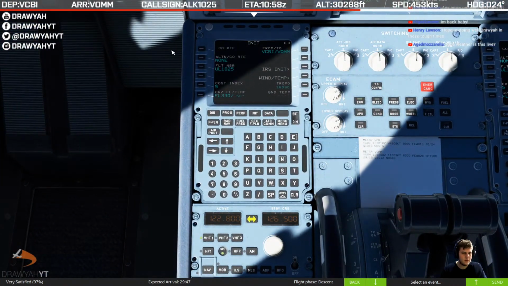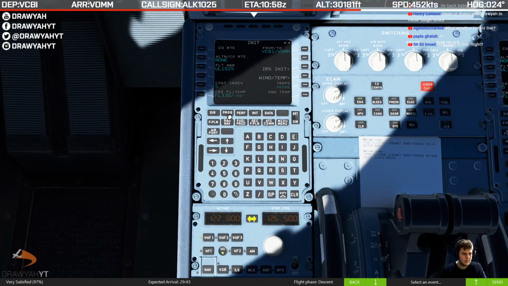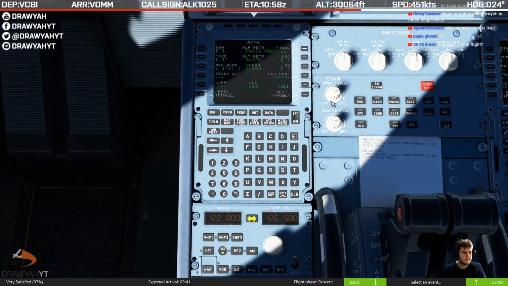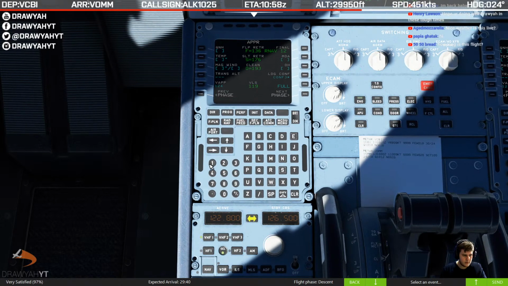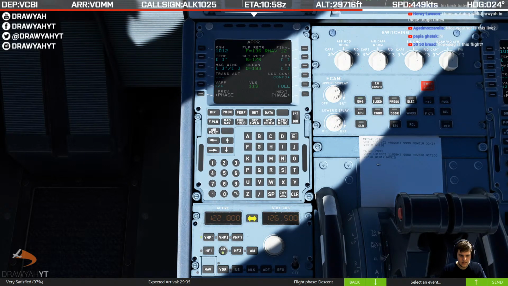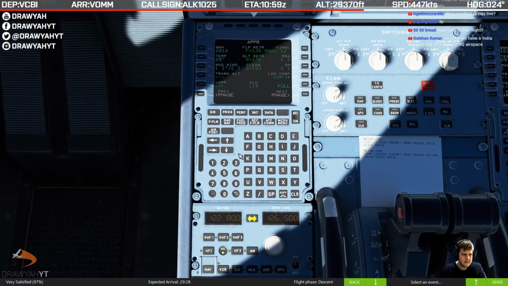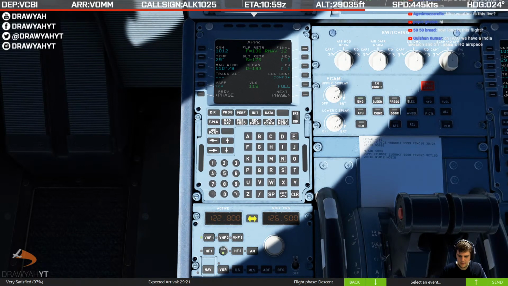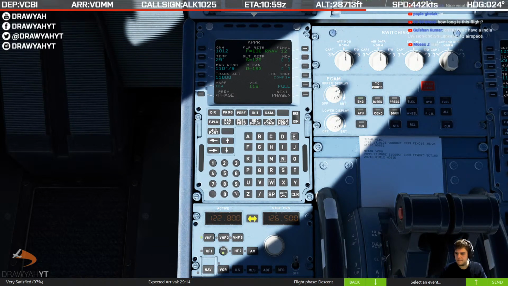Right, so there's our weather info. We'll plug it into the performance page now. QNH 1012. Temperature is 29 degrees centigrade, dew point 10. Winds currently 110 at 9 knots. Transition altitude will be 1000, so I'll give us the transition later on. And decision heights will be